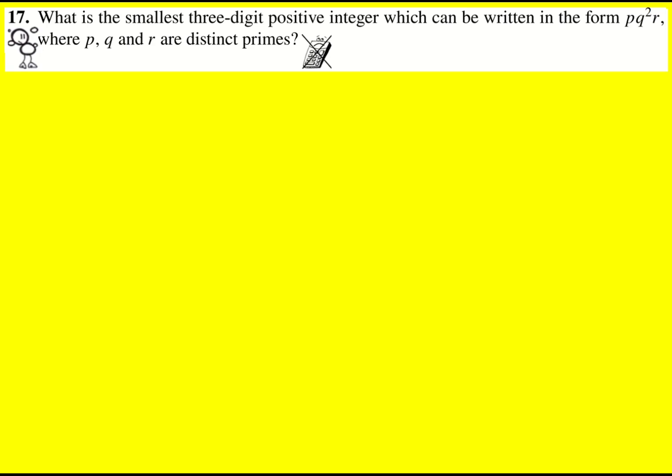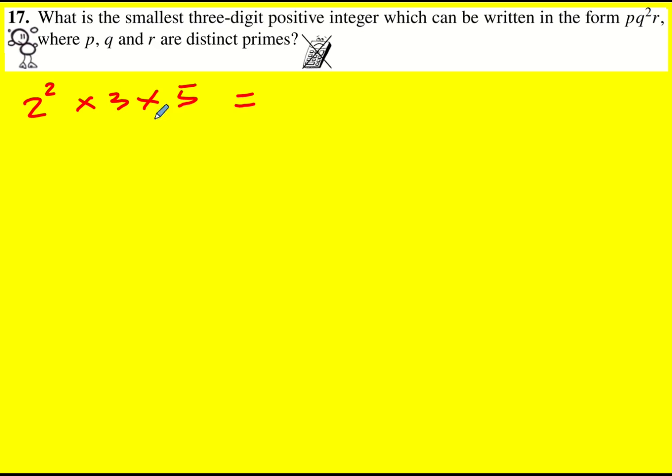We're interested in the smallest three-digit positive integer which can be written in the form p q squared r, where p, q, and r are distinct primes. So we need to be systematic with this. The smallest primes are 2, 3, and 5. So if I start with the smallest possible value that we could get, and let's go from there,